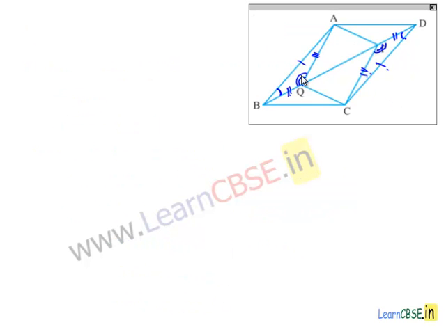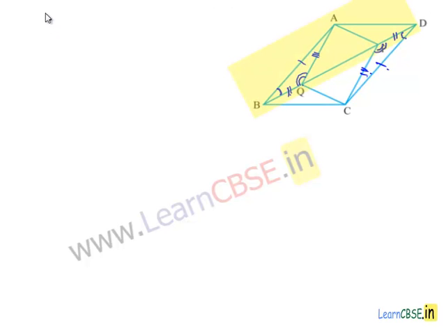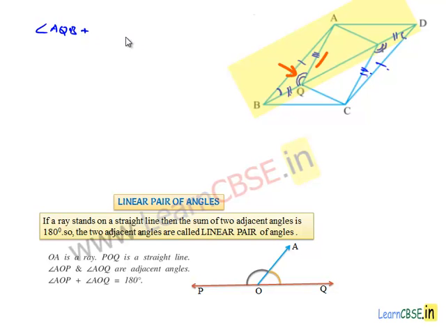Now, if we consider line BQD, here angle AQB and angle AQP form a linear pair. So we know that sum of angles on a linear pair is equal to 180 degrees. We can say angle AQB plus angle AQP is equal to 180 degrees, and also here, if we consider line QPD, also angle